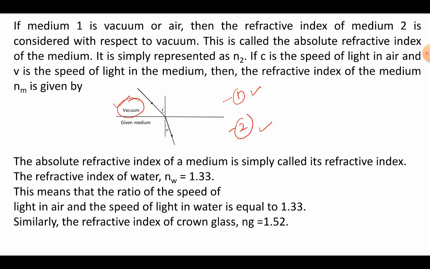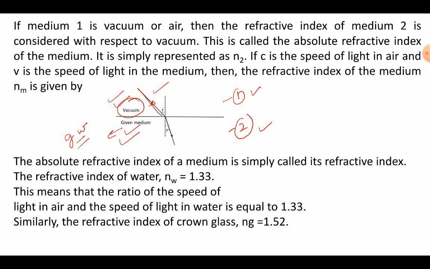As you can see, this is the incident ray of light. It is traveling from the vacuum and going into any given medium. This given medium can be any transparent medium like glass, water, anything. So when the ray of light goes obliquely from vacuum into any other given medium, that refractive index is called